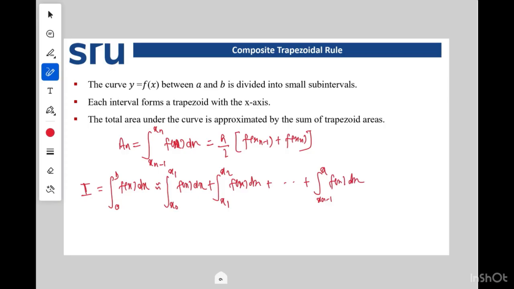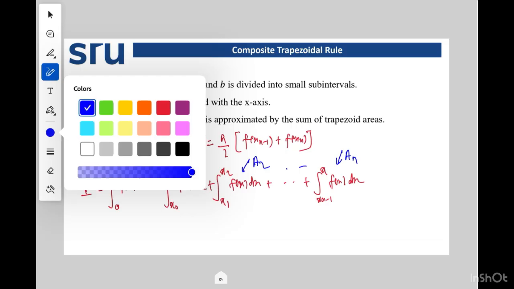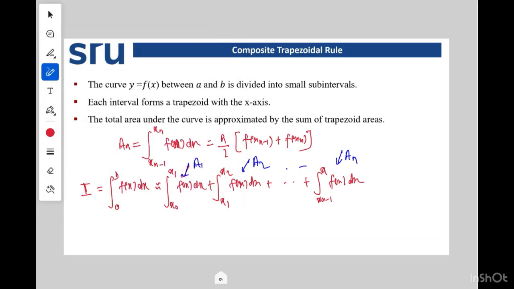You can also write this in terms of A1, A2, up to An. So if you add them, then you will get